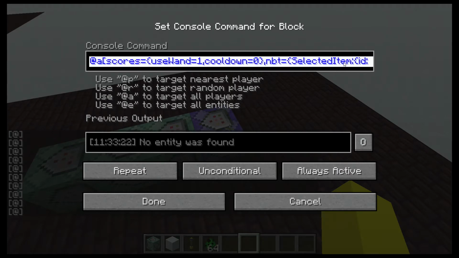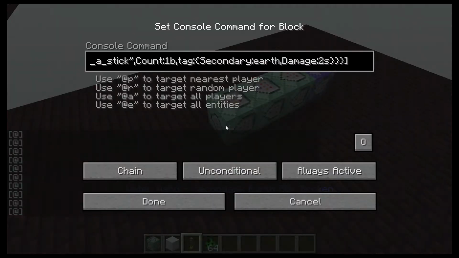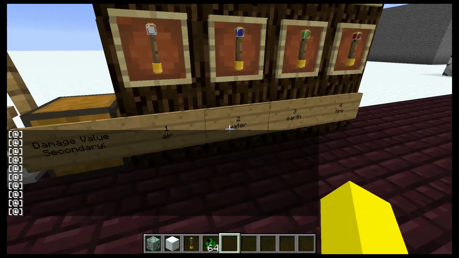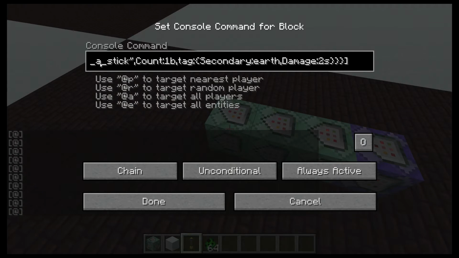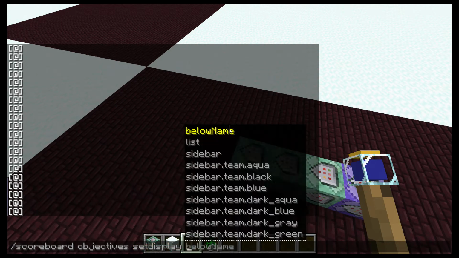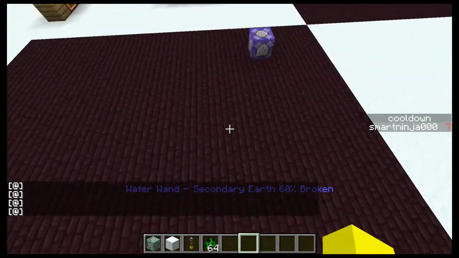Or you know what, let's just copy this. We can just change this to that. It's not saying us. Okay. Use wand, secondary earth, damage 2. Let's check. 2, and earth, yeah. It's so weird. Damage 2, cooldown. Oh. Of course. You can see as soon as we do it. Okay, so